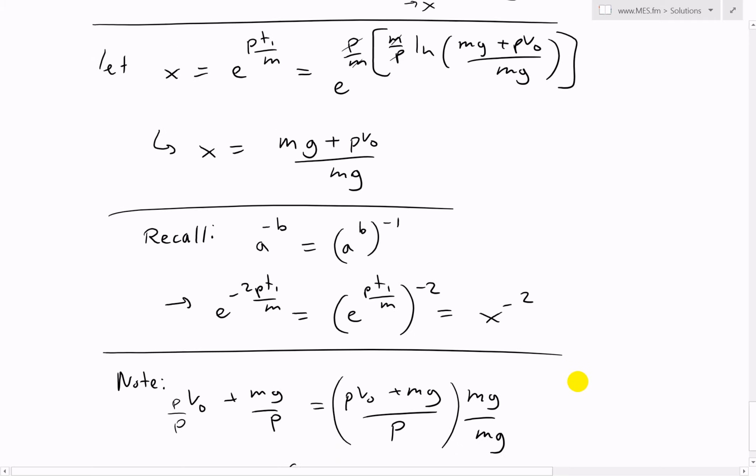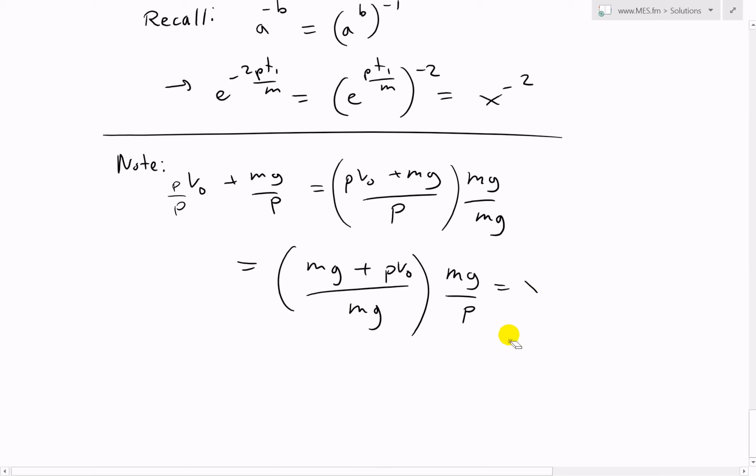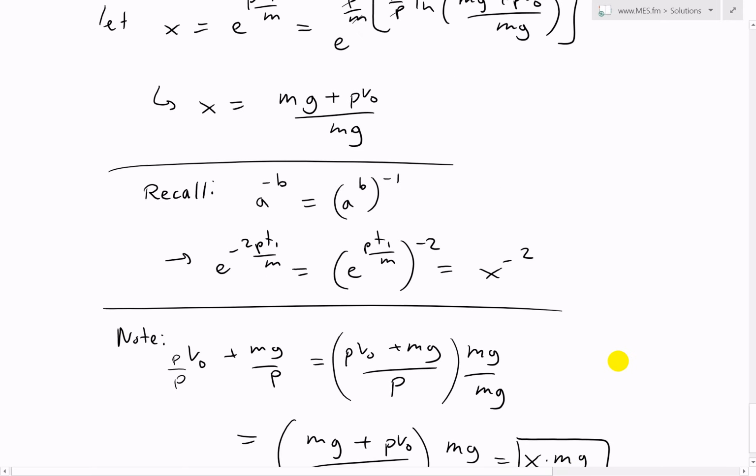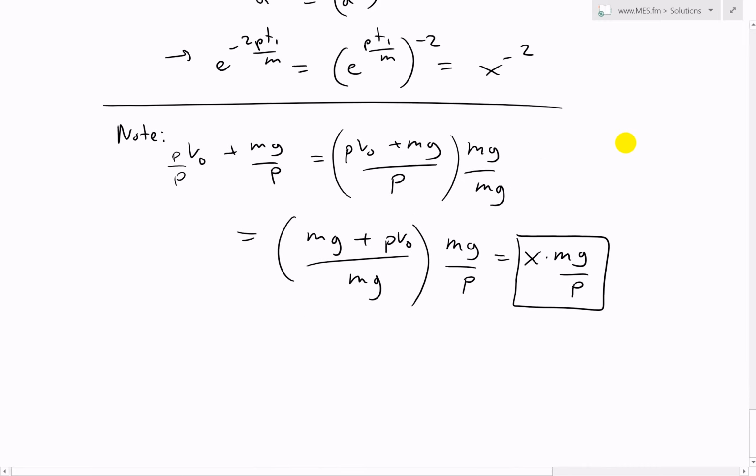Where this equals, well, that's just our x value. That's just our mg plus pv0 over mg. So we'll have x times mg over p. So that is what that part equals. So let's put these all together. We've got a bunch of simplifications, and putting these all together, we get